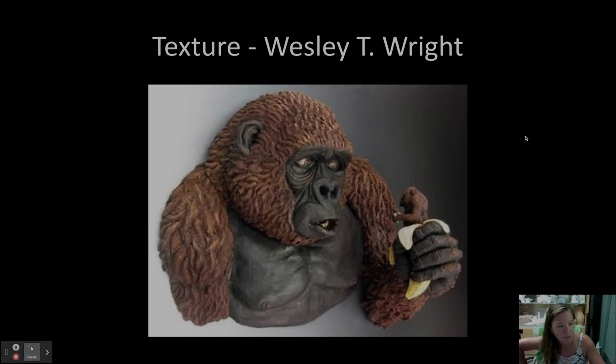surrealist, hyper-realistic pieces. This is a pretty good sized gorilla. I think I saw it in person. It was almost like human scale. And he's holding a little banana with another small little gorilla. And he's looking at that little gorilla. And in this tiny gorilla's hand is another banana with a gorilla in it. And it's like, whoa. Anyway, so I'm talking about texture on this piece because he has this great texture he's